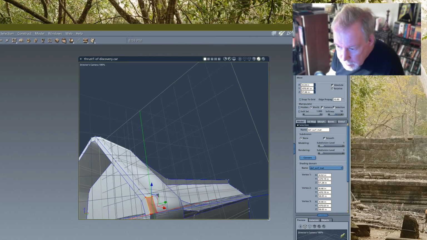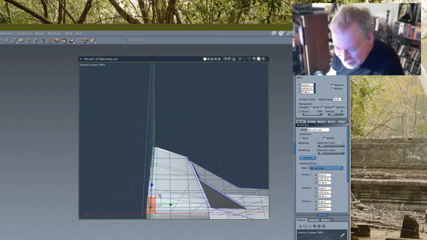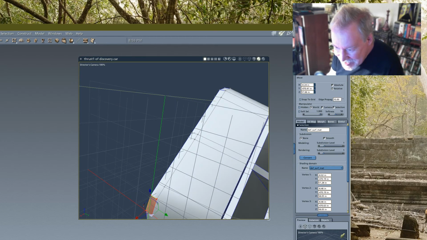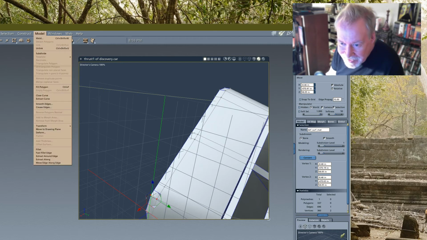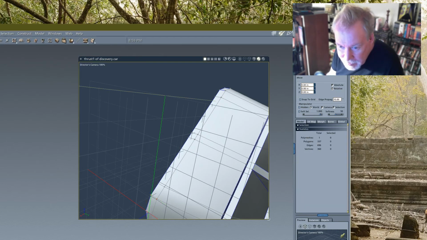I'm gonna have to read the book. I just don't want... Oh, I know. We'll do this and I'll go here and I say smooth and I say all. But that's going to take forever and a day.